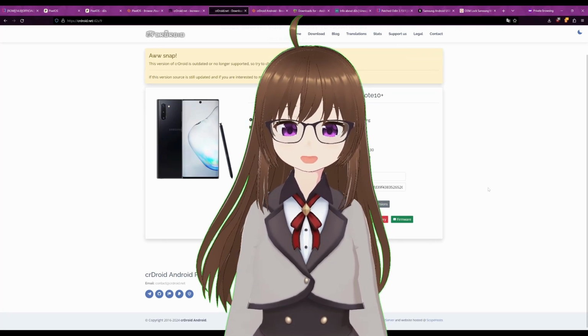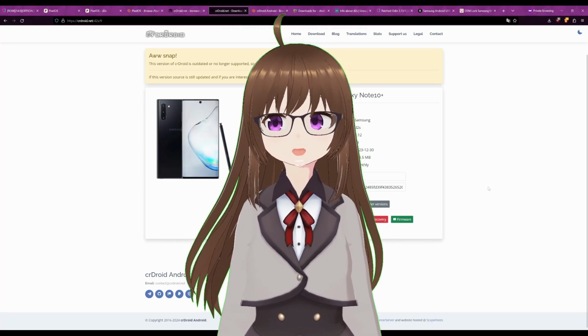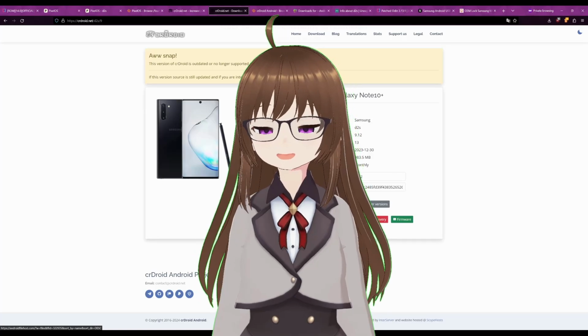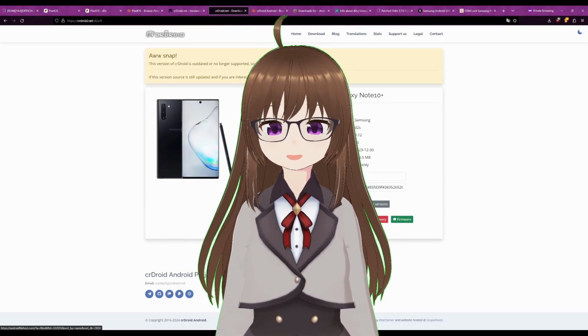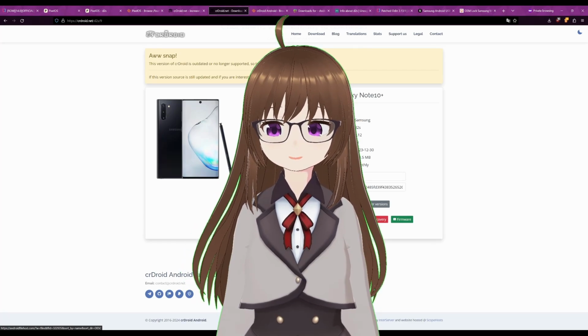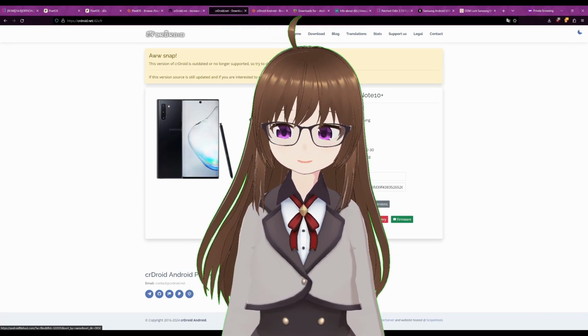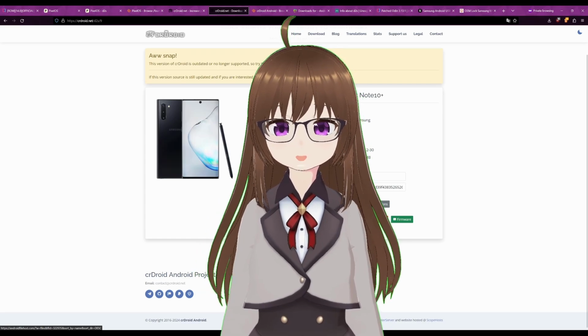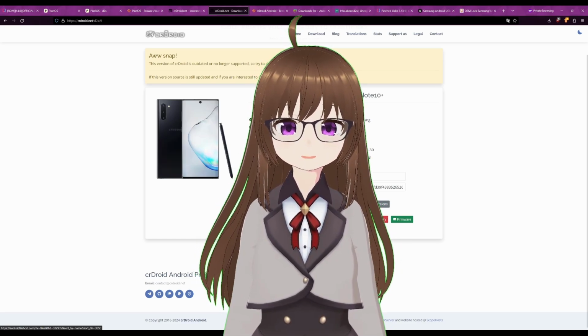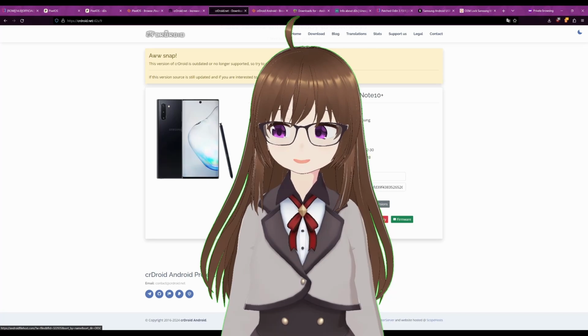However, for CR Droid and Lineage OS, you're going to need one more thing. You see, some Android projects did not want to deal with legal issues with Google, so in turn they do not include Google Play services in their ROMs. So if you wish to have Google Play services, you would have to download one extra thing, which is GApps, which is usually provided by the ROM provider as a separate link to download from.